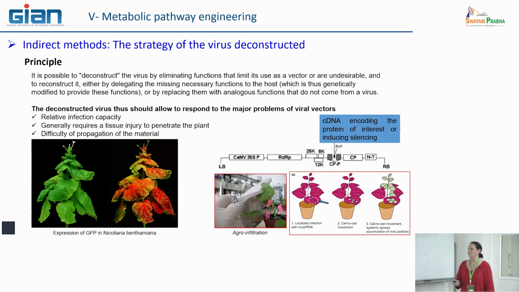Here, for example, is an expression of a not very interesting gene. It's a selected marker gene that encodes a green fluorescent protein. This is a useful selective marker because we put our plants under UV, and if this gene is expressed, they can fluoresce in green. And here you can see that this is Nicotiana benthamiana, I think. The red light under UV corresponds to which pigment?